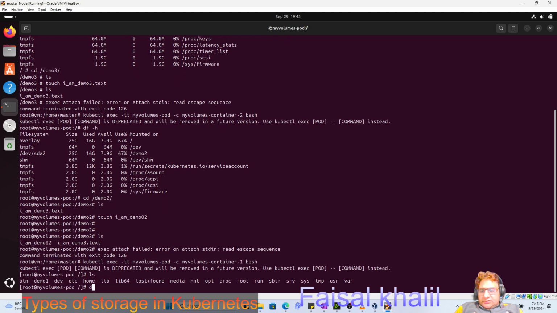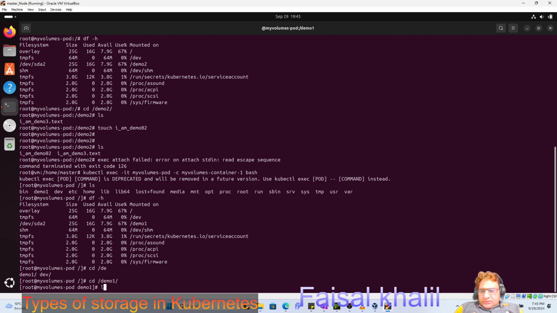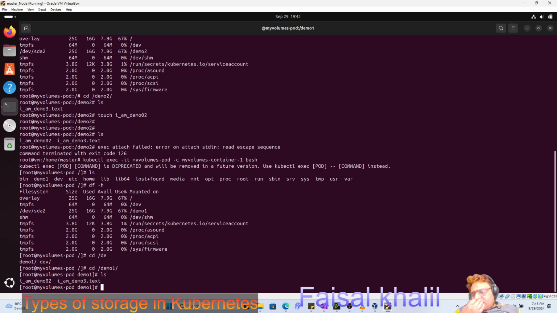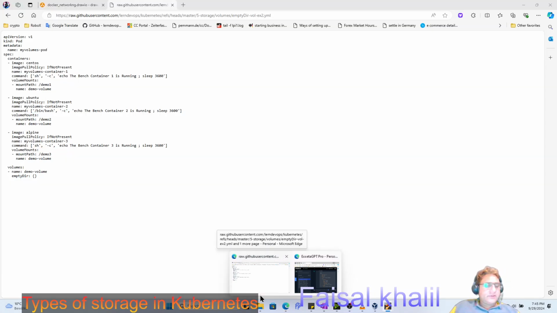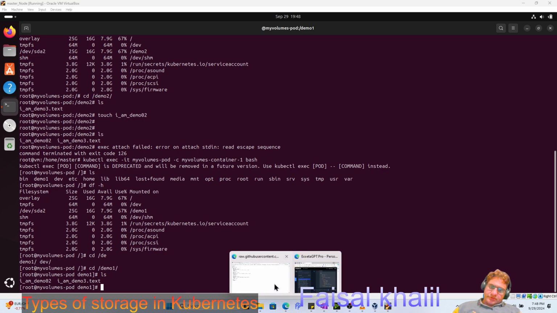And if I go there, df -h and cd demo 1, as you can see both the demo 1 and demo 2 files are accessible. And yeah, that's how you can access your demo files very easily. Great. So that was the concept of emptyDir. Now let's go one step further, and in this step we are going to discuss how you can set up the host directory. Okay, then let's come to our second